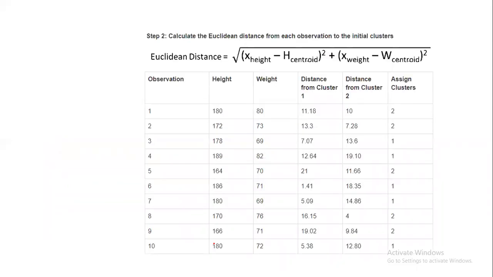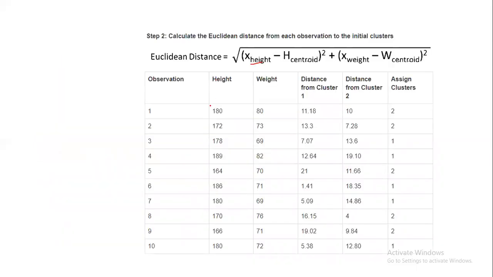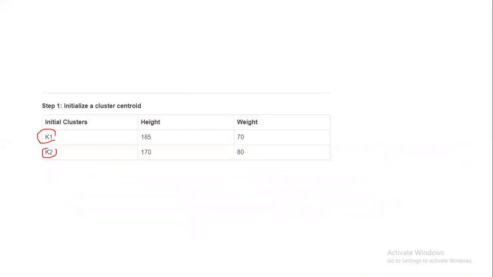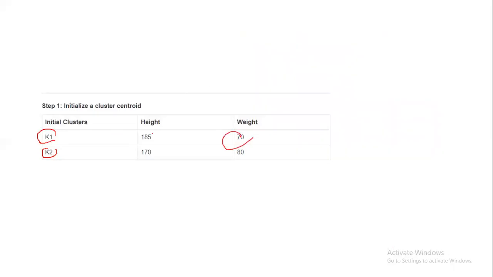So this is the Euclidean distance formula. Each and every data point will be considered as x height, x weight. Here x height, that's 180, minus your K1 value, that random value 185, the whole square, plus x weight, the actual weight, minus the centroid weight.